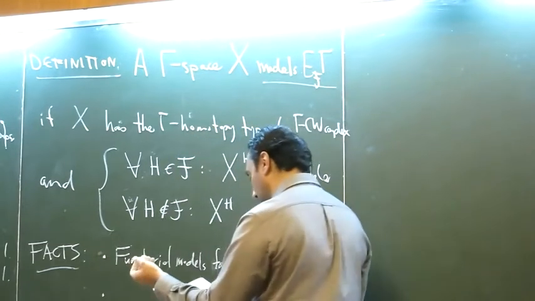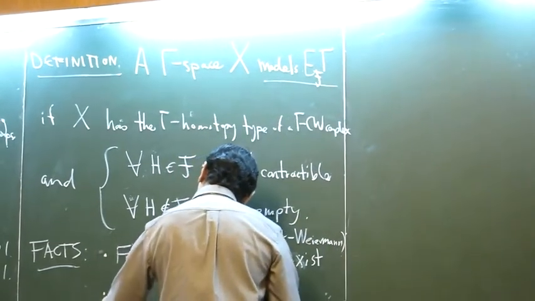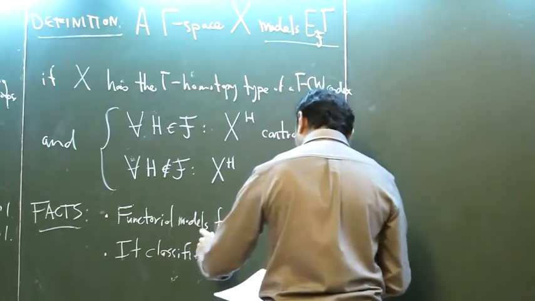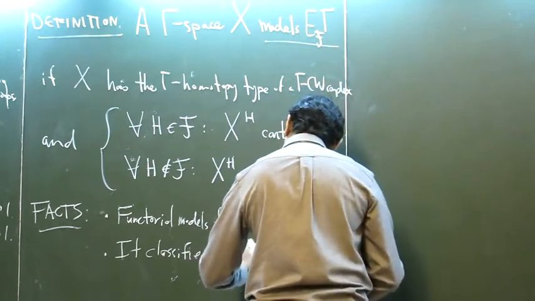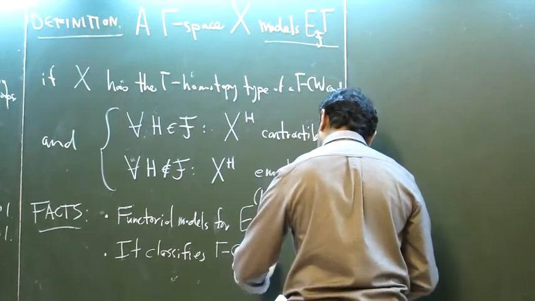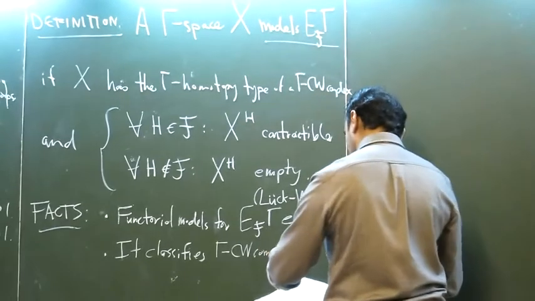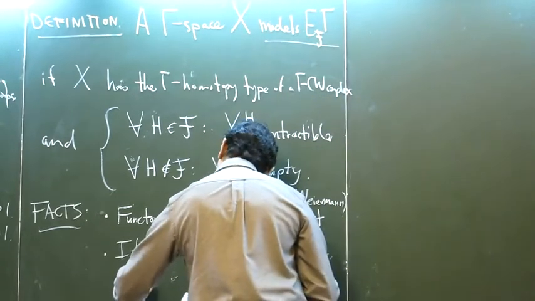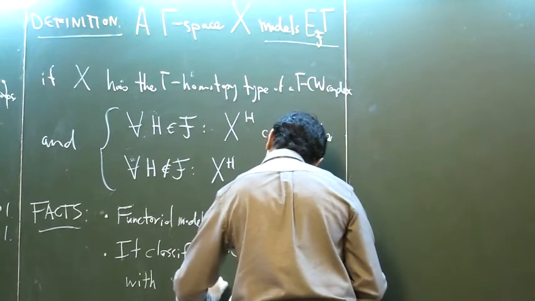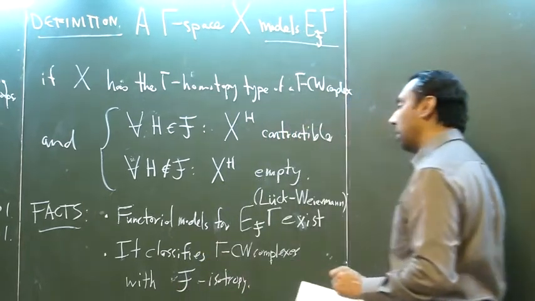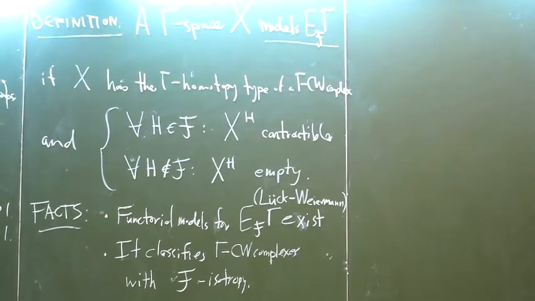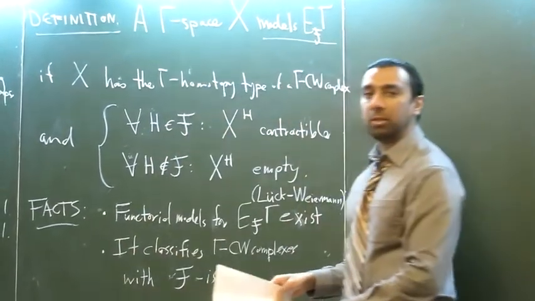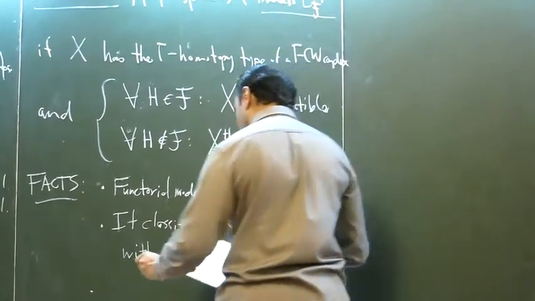Other fact, what does this do for you? What does it classify? E gamma classifies gamma CW complexes with free action. Those correspond to principal bundles. Here we can allow for some fixed points, so we control what kind of fixed points we have. And the third fact is that this is essentially unique, that any two models